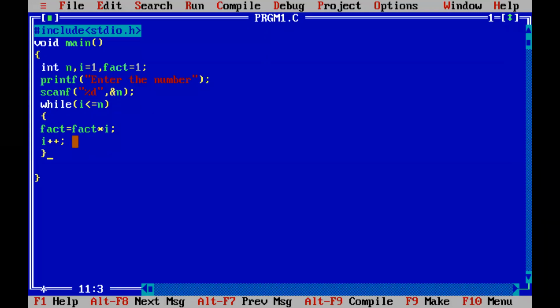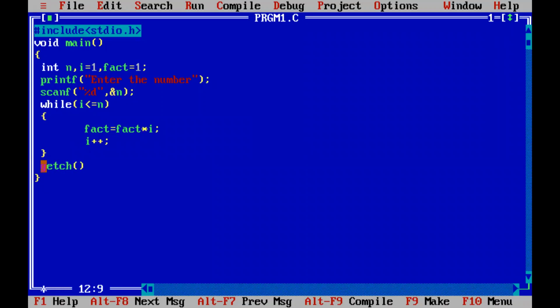So I am putting a limit for the I value. Whatever value of n the user gives will limit the flow of control. Okay. So these two lines will be executed when we are finding the factorial of any number.